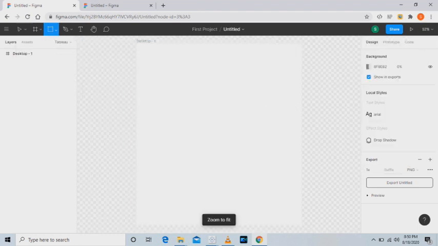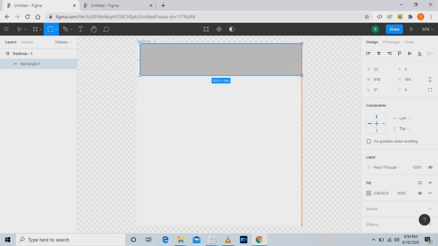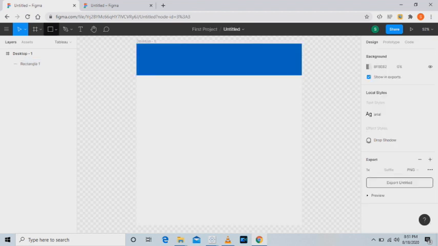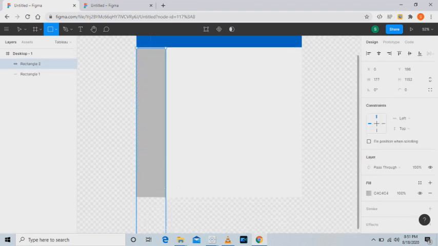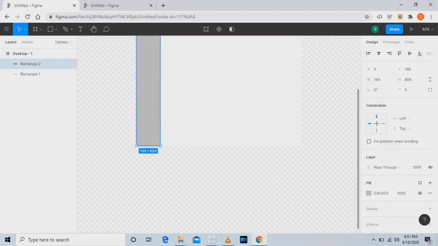Select zoom to fit. Now select rectangle and drag this rectangle on your worksheet. Go to fill and write 0065BF, which is our color of the Scotland flag.